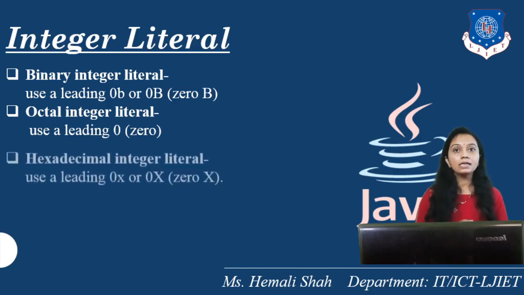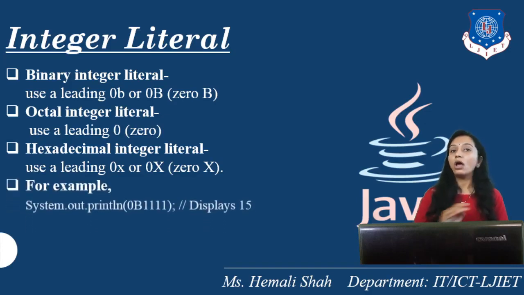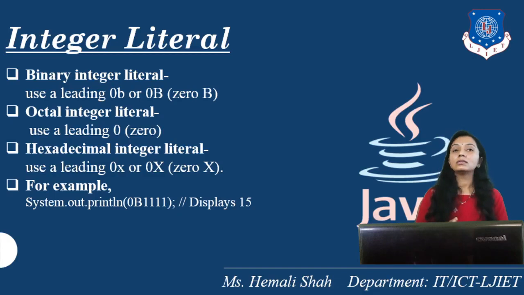That's why. Right? Now, a hexadecimal integer value you can start with a leading 0x in small x or 0X in capital X. This X indicates this is the hexadecimal value that you are going to represent in an integer, right? For example, you can use it like this. This leading 0b indicates this is a binary of a 15 value, all ones, and you are using the leading 0b.